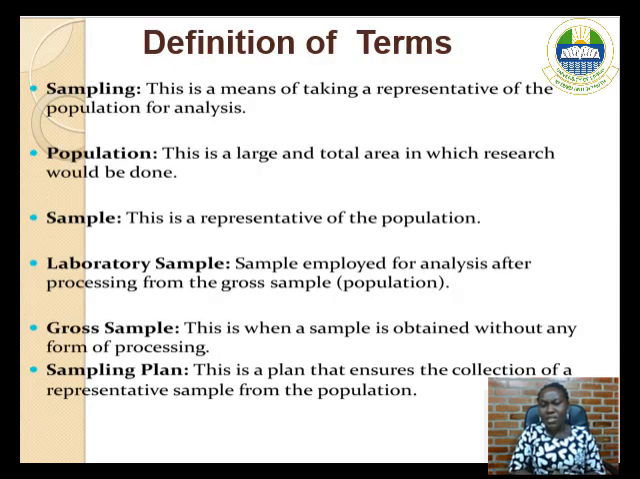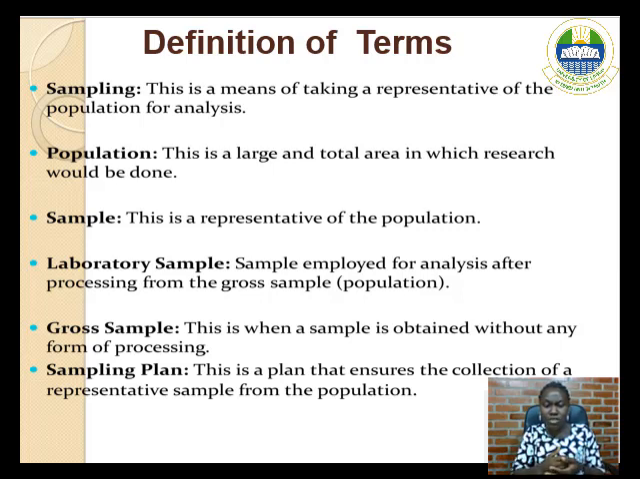Now let's talk about definition of terms. We have sampling. It's a means of taking a representative of the population of analysis. Now, somebody will ask me, what is population? It's a large and total area in which research would be done. That is the larger area. Now, sample is a process of sampling from a population,